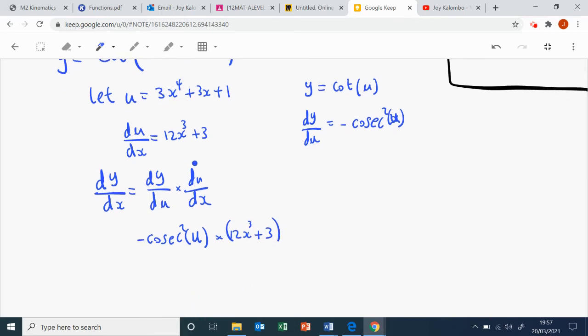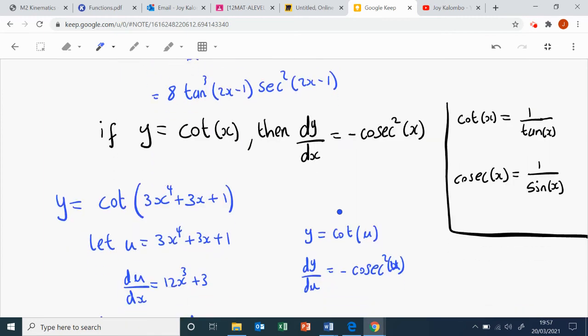Okay, so u is equal to 3x to the 4 plus 3x plus 1, so that's minus cosec squared of 3x to the 4 plus 3x plus 1 multiplied by 12x cubed plus 3. Lovely. Let's take another example, but what we're going to do now is actually prove this result,